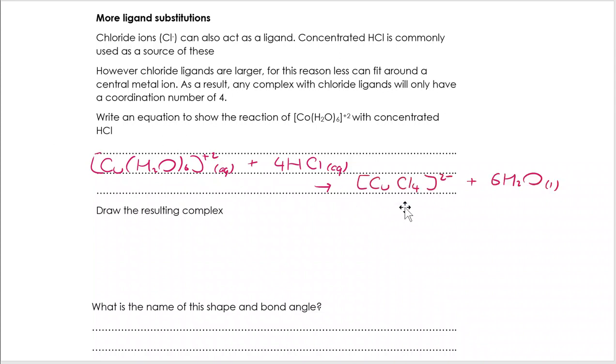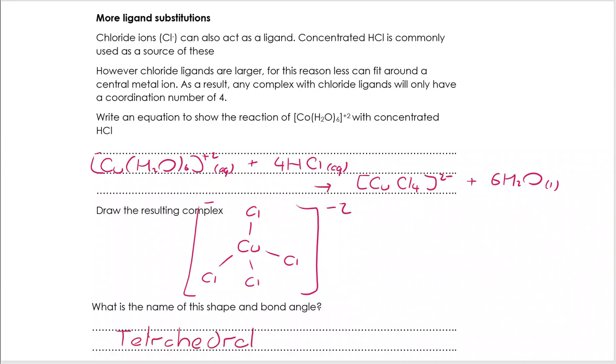When we do this, we're going to end up with [CuCl4]2-. The overall charge here is 2-, because 4 Cl- ions and a Cu2+ takes us to 2-. All of the water ligands have been kicked out. So we get this, an equation you are going to need to replicate in the exam potentially. The ligand will look like this. It's tetrahedral, in square brackets with the 2- charge on the outside. Tetrahedral, bond angle